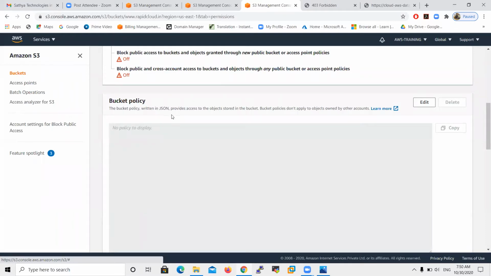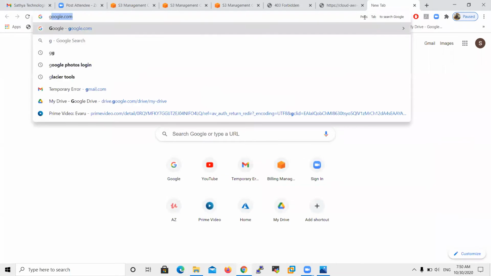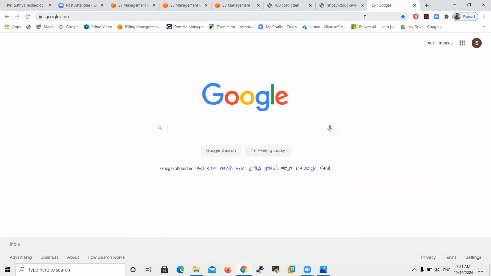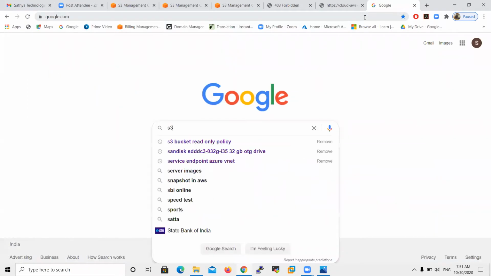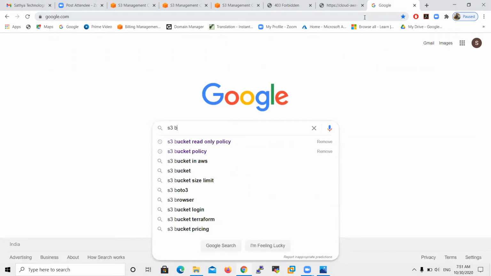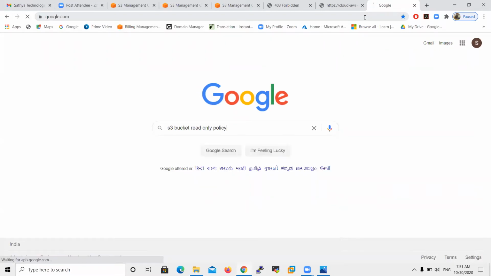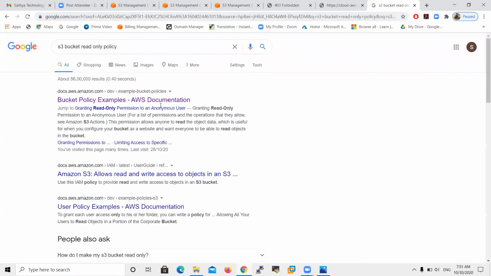Bucket policy means I want to give privileges so that anyone should be able to read and access my bucket content. So that's why we write a policy to make a bucket public. What is the policy? S3, for example, bucket policy. By default there are a lot of policies, so copy and paste it.